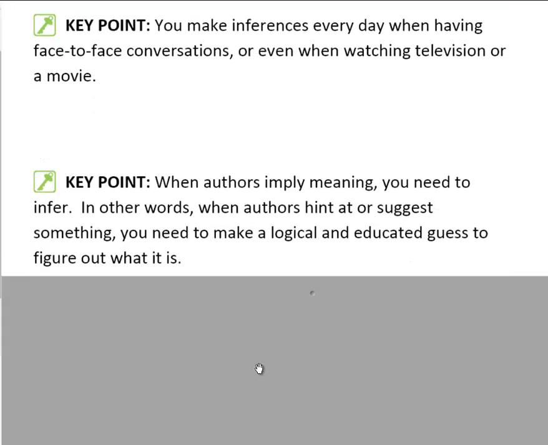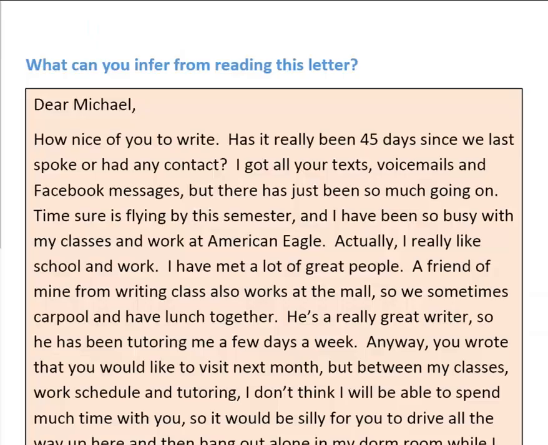In both cases, we infer meaning. When we talked about implied meaning, we said that to imply means to hint or suggest at something. So even though Dirty Harry and your mom said one thing, all the other cues and clues hint at something in addition to their literal words. Therefore, when something is implied, you need to make logical inferences to figure out what the meaning really is. Let's see if we can make some logical inferences based on a reading passage.